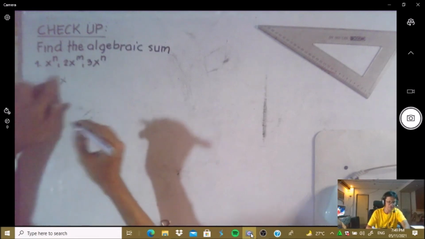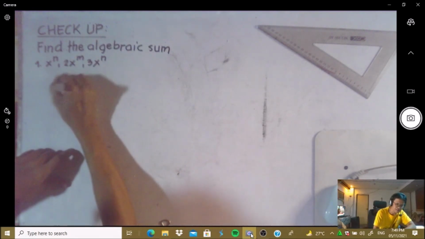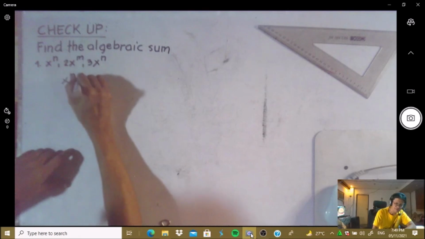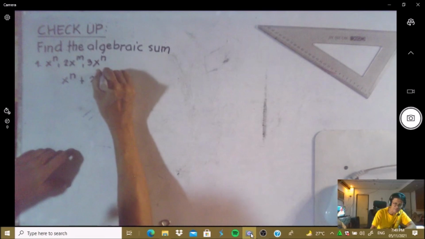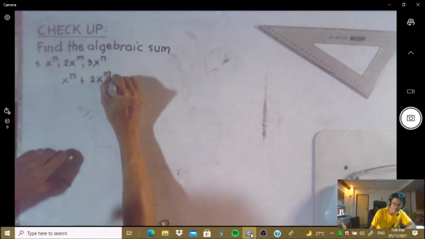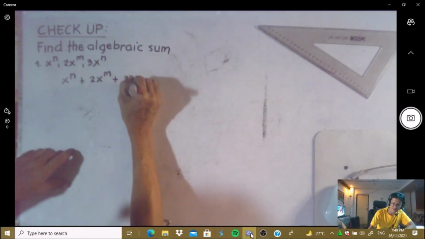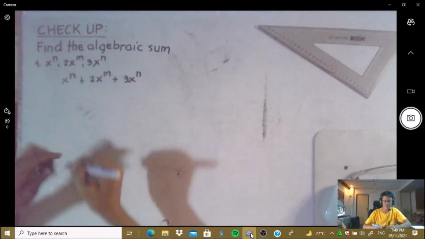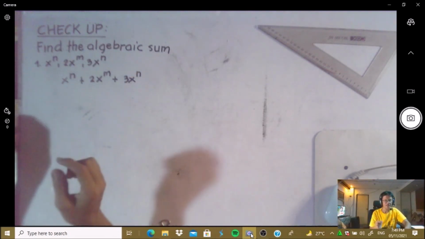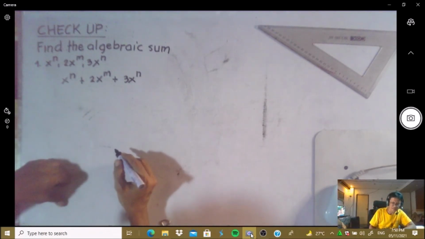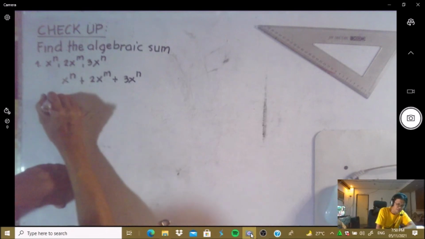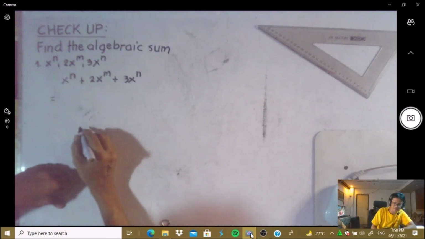Sorry, I have to. Okay, x raised to n plus 2x raised to m plus 3x raised to n. So you will see here that our powers or exponents are n and m, and our bases are all x. Okay, so therefore our solution will be, we have to start with